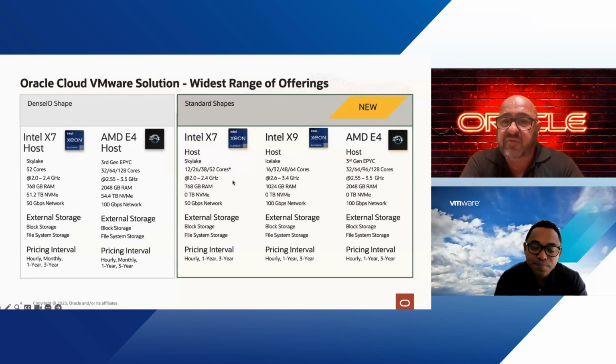As part of some of the new services and features of OCVS, we can start small. We can mix and match nodes. So previously, we wouldn't mix and match. Say, if you had a 3 by 32 core node cluster using AMD E4s, you couldn't add, for example, a 64 core node. It has to be the same type. But now we can, right? So we can have 3 nodes with 12, we can add a 4th node with 38, or we can add a 4th node with 48 CPUs. Nice. So we can mix and match the actual image types, the shapes of the images to give you that